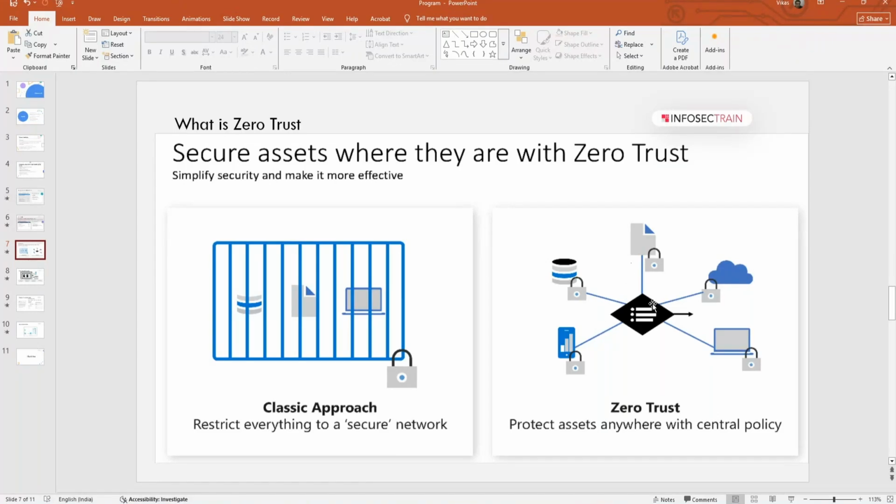For identities we use Entra ID, MFA, conditional access, and identity protection. When it comes to devices, we use Microsoft Intune, Defender for Endpoint, and compliance policies. For accessing applications, we use Defender for Cloud Apps, and for data, we use Azure Information Protection, Microsoft Purview, and DLP policies.